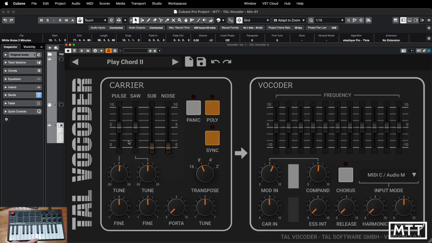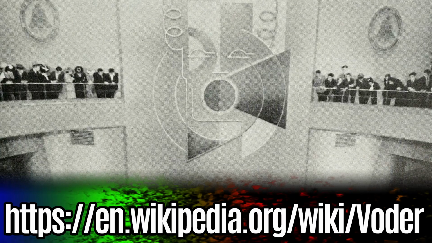So another control is the frequency sliders. So this just controls the level of each one of these frequencies. You can reset them to 0 by double-clicking them, or you can just drag them to wherever you want. So this, for instance, will reduce all the bottom end. You can reduce the top end by removing these higher frequency ones, etc. And then you get a kind of really notchy sound, which is vaguely reminiscent of the Vocoder, the thing which